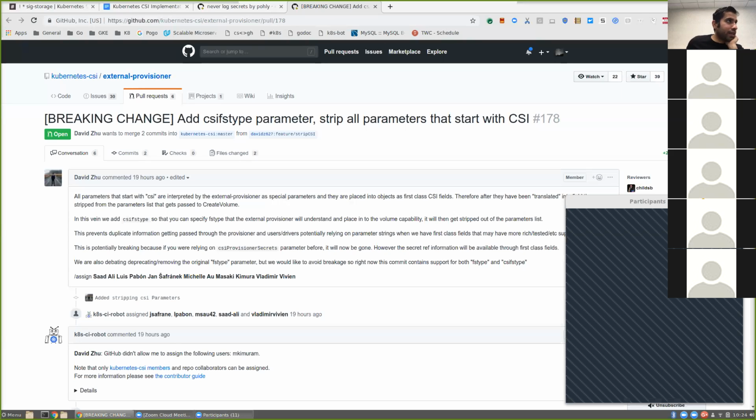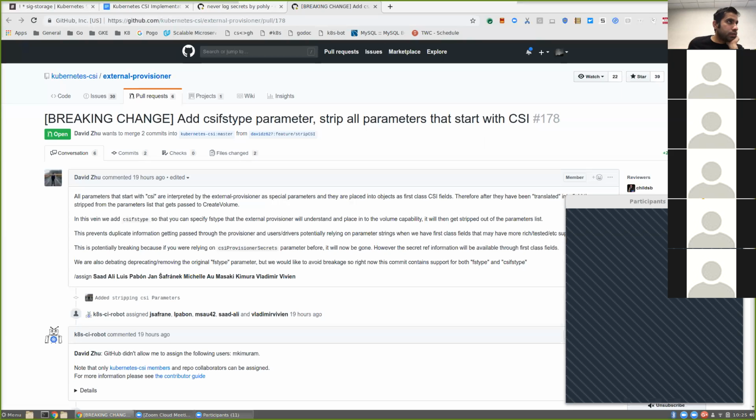I agree that it's the right thing to do is to have a proper namespace, but we're going to then have to make that change in both the external provisioner and here in the regular provisioner. Let's do this. Let's not make a decision today. Let's think about it over the weekend and we'll convene on Monday. We kind of need to because we need to cut the official containers by Monday. The official 1.13 release goes out on Tuesday, so I would say let's not do this for 1.13.